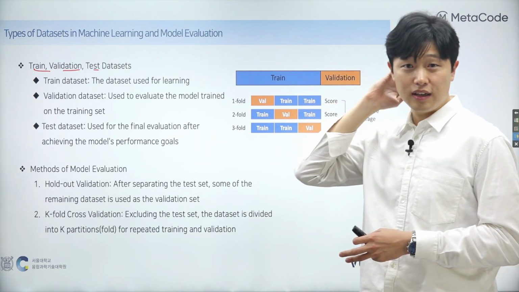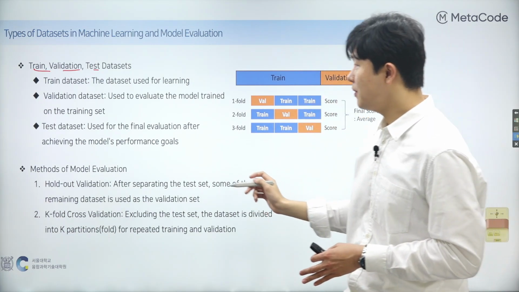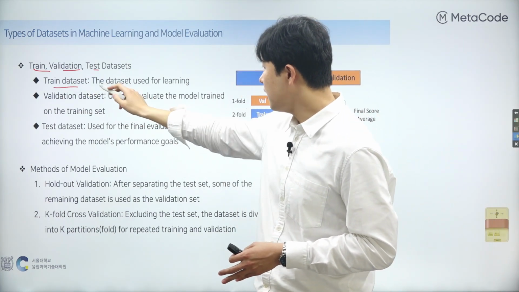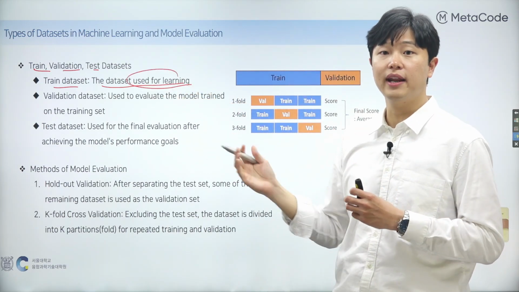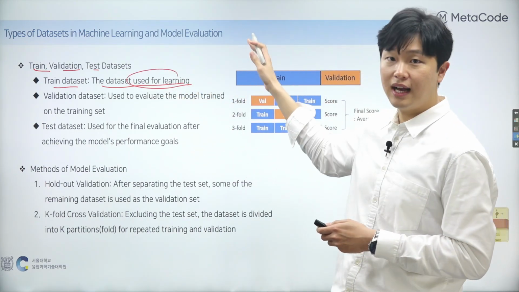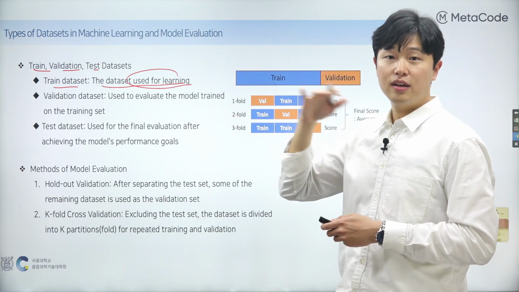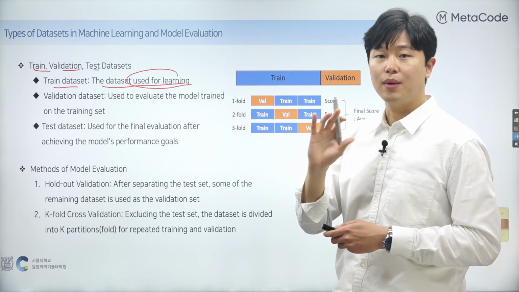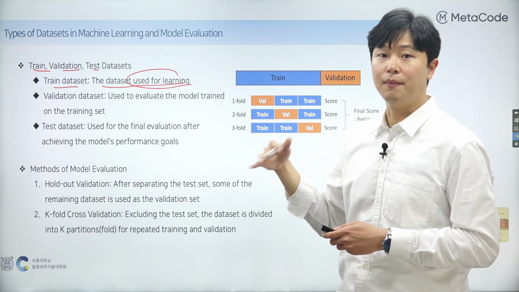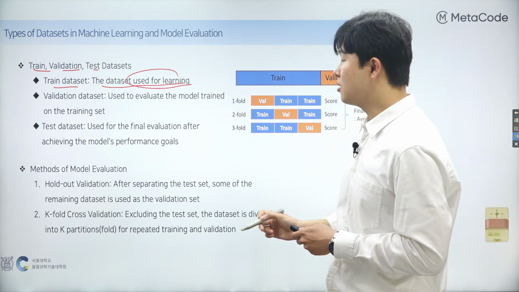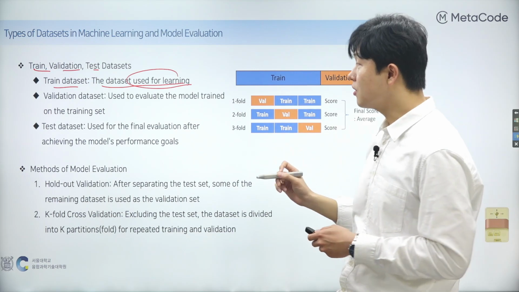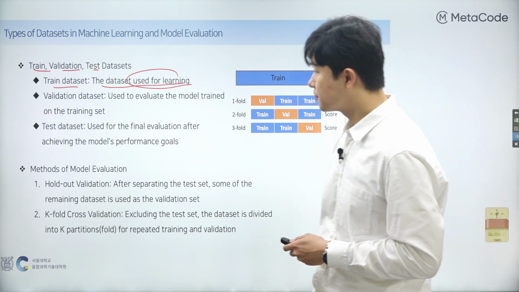Let's define what each of these datasets are and what they are meant for. Training dataset, this is used for learning. It's the data we input into the model to train it. The training dataset is fundamental in teaching the model to recognize patterns or learn behaviors. It consists of numerous examples through which the model iteratively adjusts its weights and biases to minimize errors in its